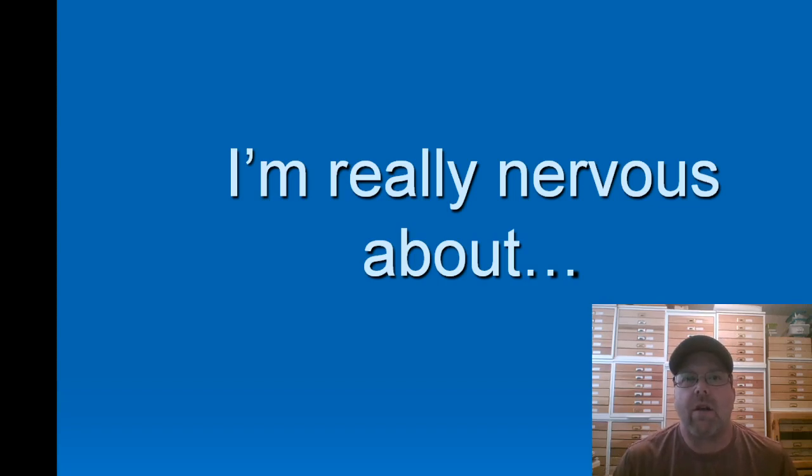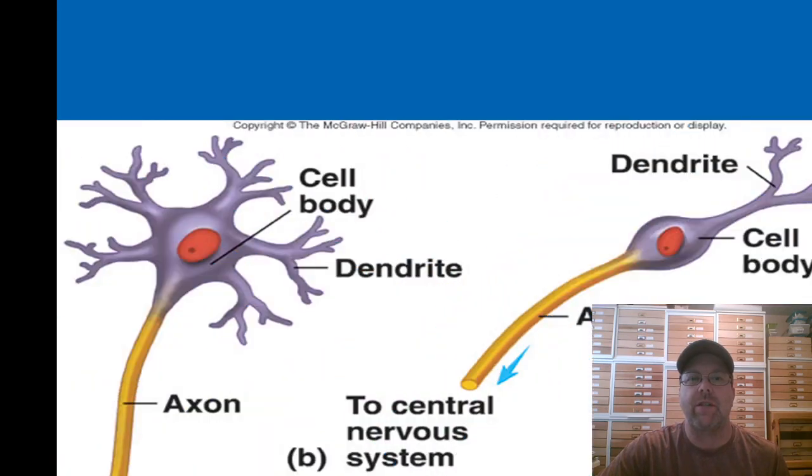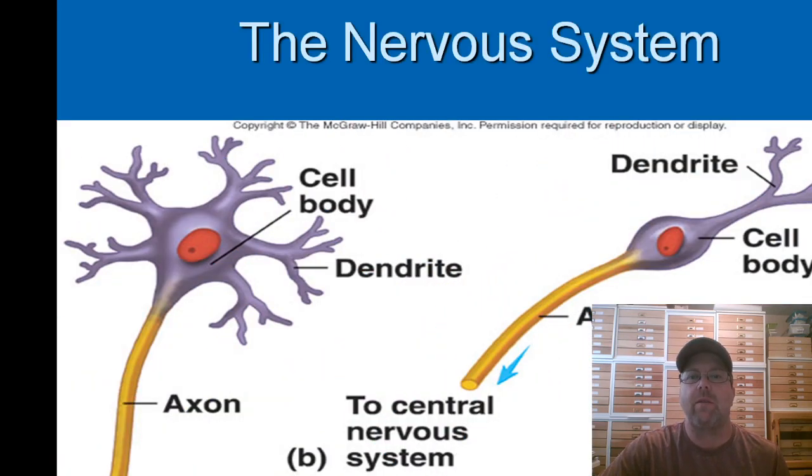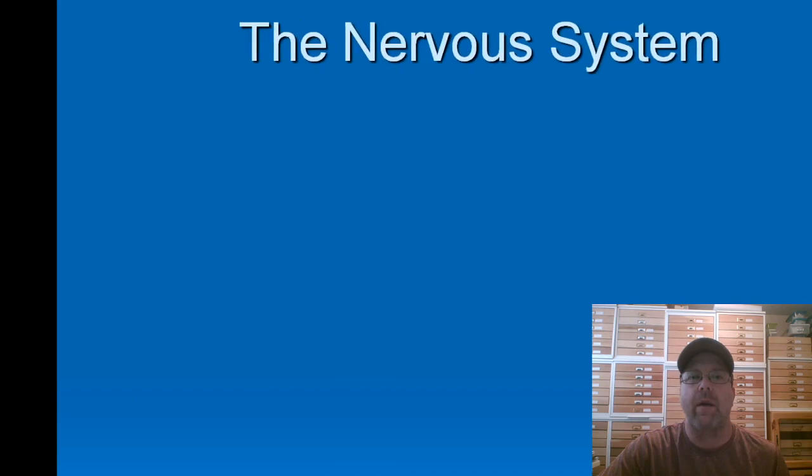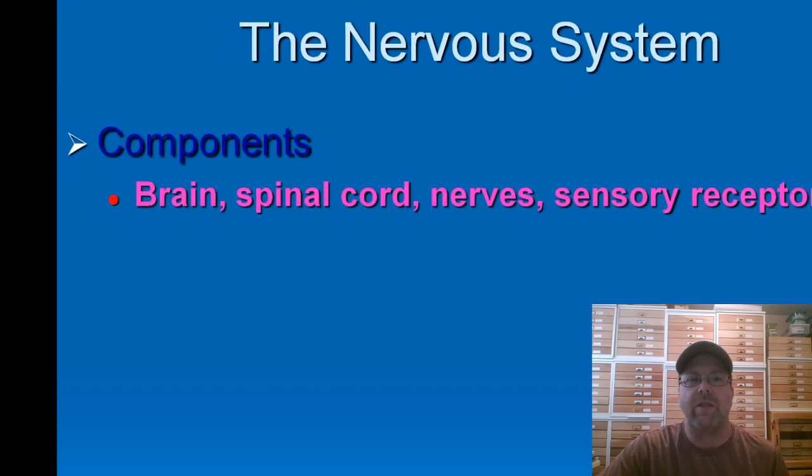Okay, so let's get started with chapter 12. We're going to introduce the nervous system and then go over handout 12A. Chapter 12 is an introduction to our nervous system, and we're going to start off by differentiating the nervous system